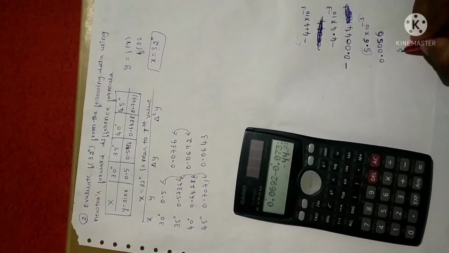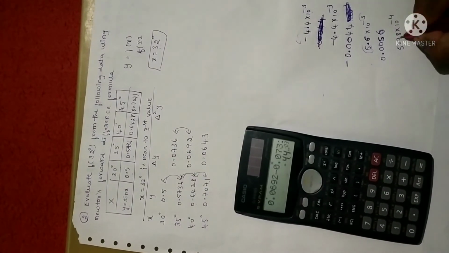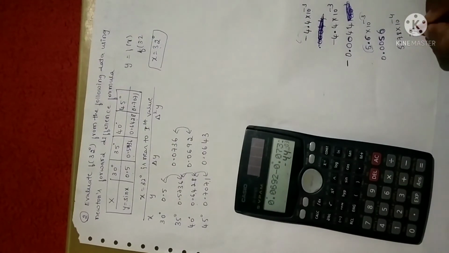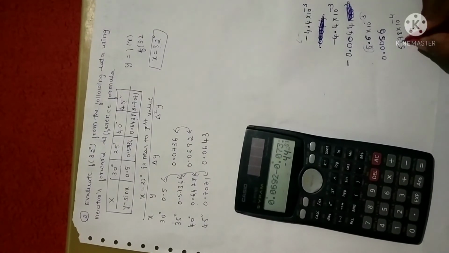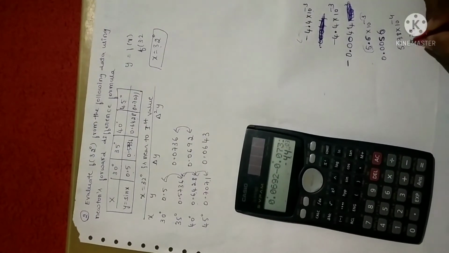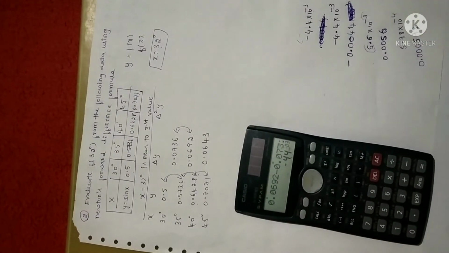Again 0. Suppose you have 5.78 into 10 power of minus 4. Now whatever you have after the point, 78, you just write as it is. Fine. Next you have 5. You have to write 5 as it is. We are shifting this point by 4 digits. 5 you count as 1, then 1, 2, 3, 4. Put a point, 0.